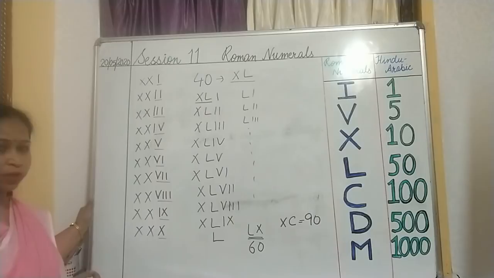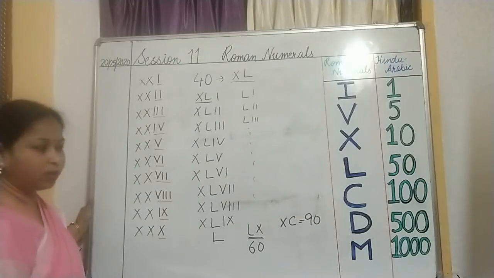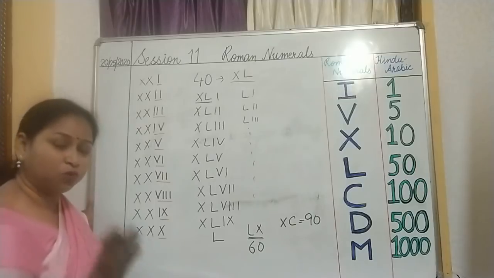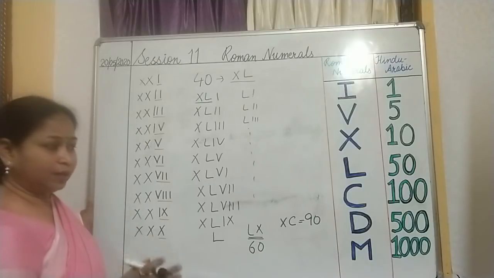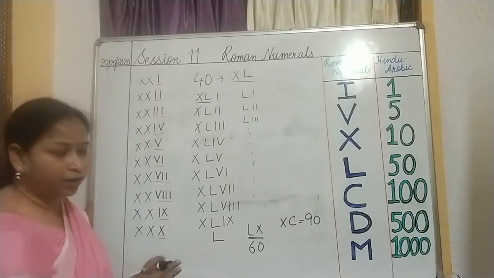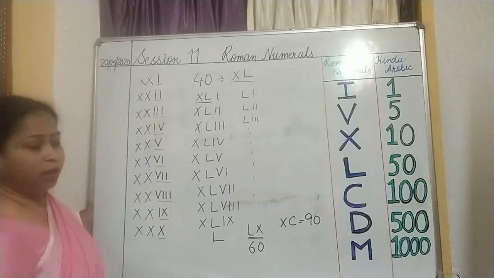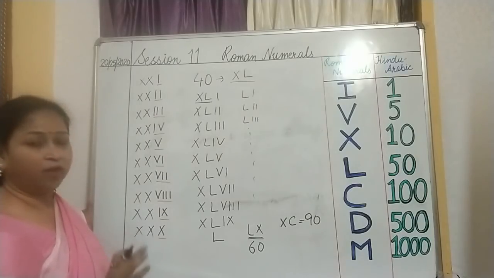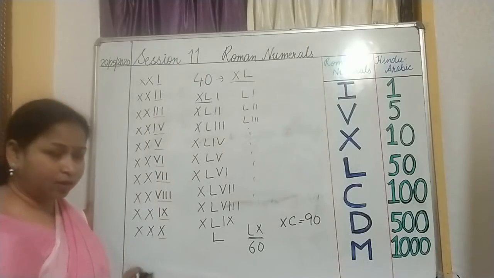Easy. Give a try at home. If you face any difficulty, you can refer to your class 4th book. There, from 1 to 100 it is already given. And if you still have some confusion, you can just text me or message me, then I will once again make it clear.